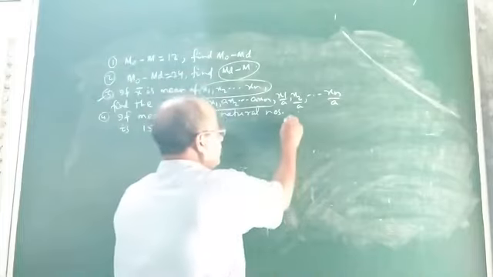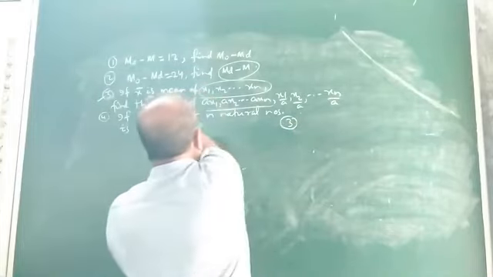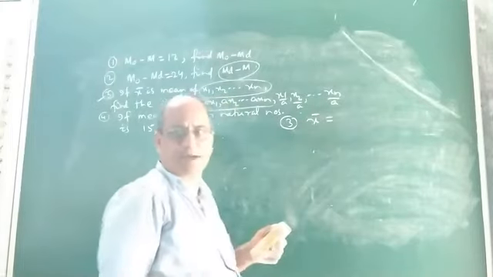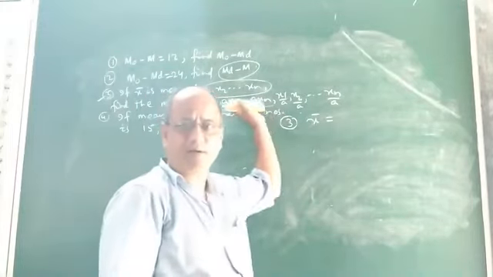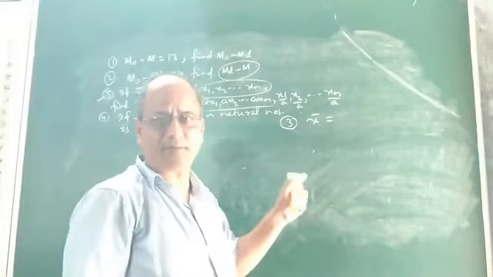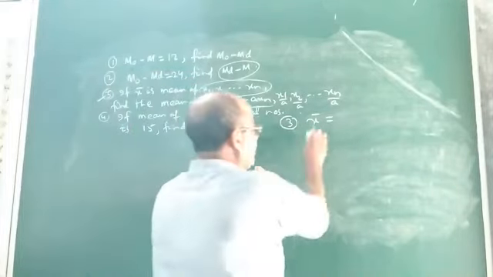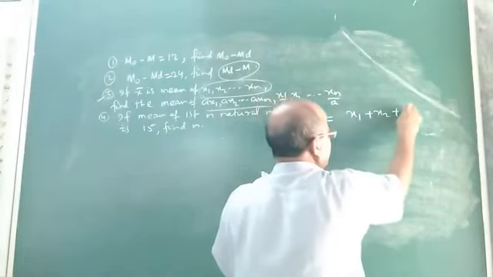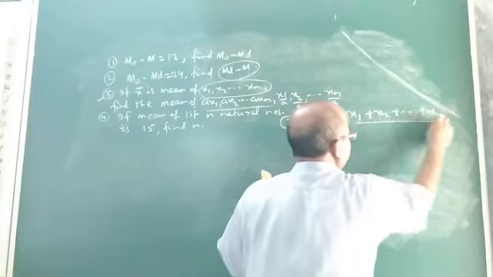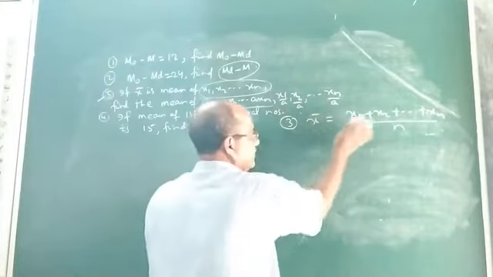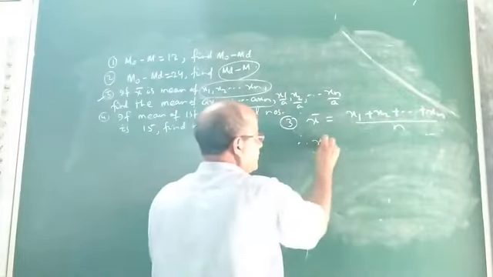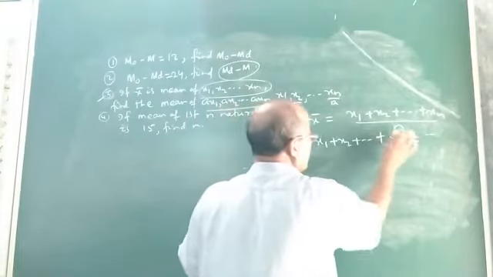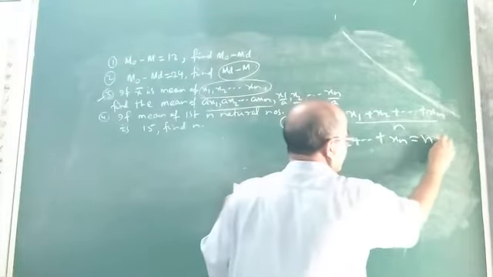As you are given x bar is the mean of these n observations, first write the formula for x bar. As x bar is the mean of n observations x1, x2 up to xn, x bar will be given by (x1 plus x2 plus up to xn) whole divided by n. From this, the sum of observations x1 plus x2 plus up to xn will be equal to n into x bar.